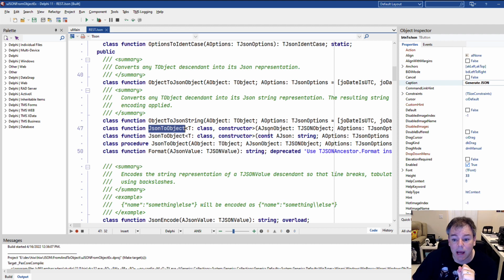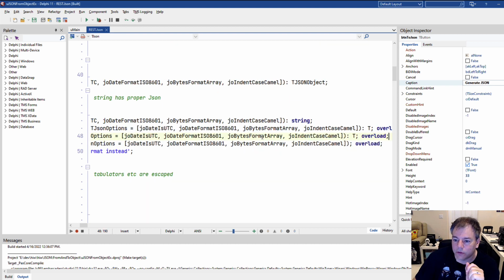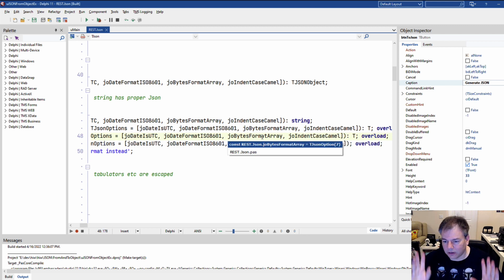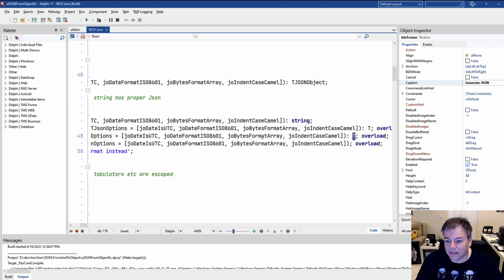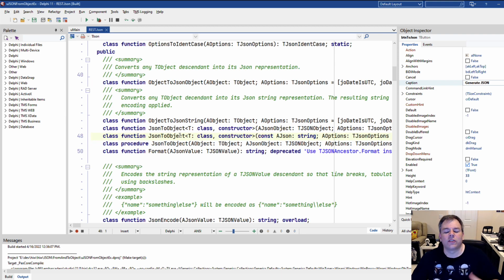And JSON to object has as a parameter the JSON string, and of course it returns, and this is the complicated part, I would say, a type T, and that means JSON to object uses generics. So JSON to object literally needs to know what is the class that I should deserialize, and that's all you need to know and pass in, and then Delphi does the rest for you. It constructs the class and fills the properties, the fields with the values from your JSON, which are of course accessible in your properties as well.